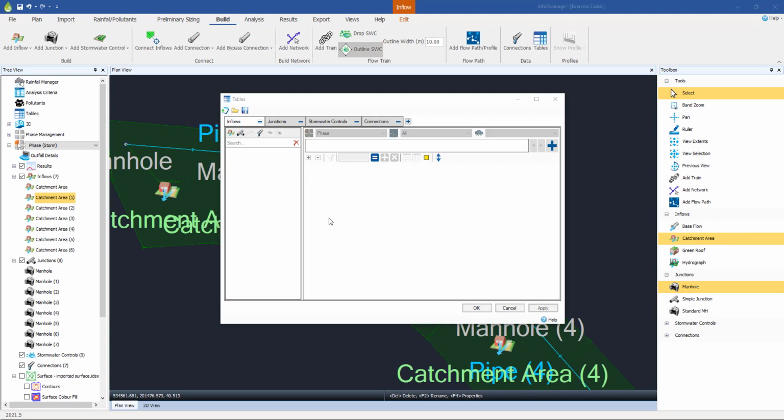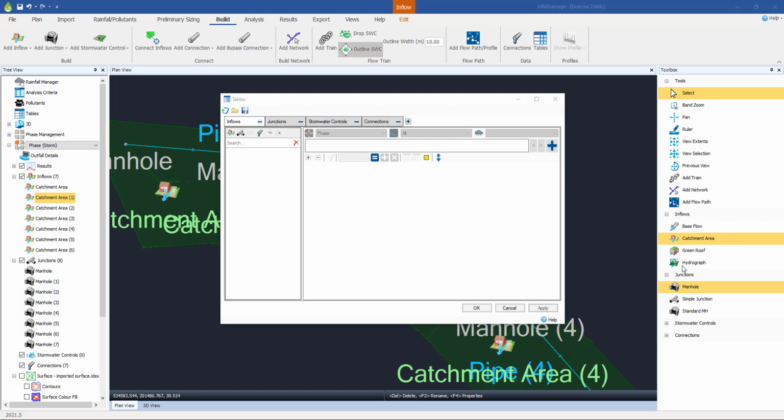Now I'll be honest, I think these tables will probably change in the future. So again, you may be looking at something slightly different from what I've got here. They are, I would say, too complicated at the moment. They're perhaps over-designed. But the way they work is that across the top, you've got the 4 tabs corresponding to